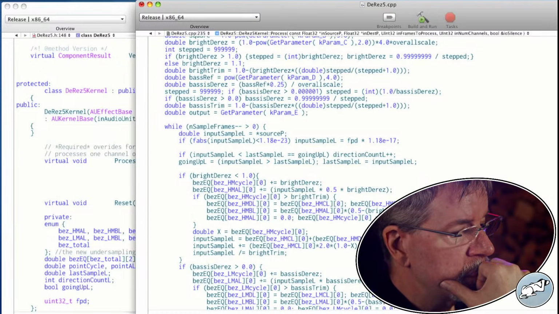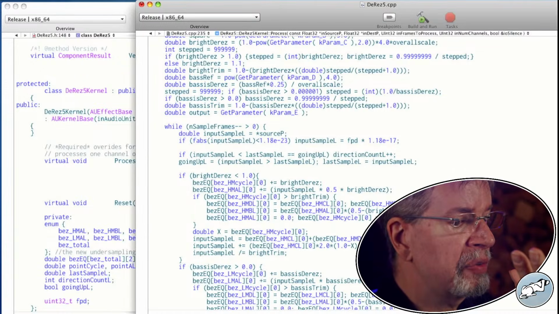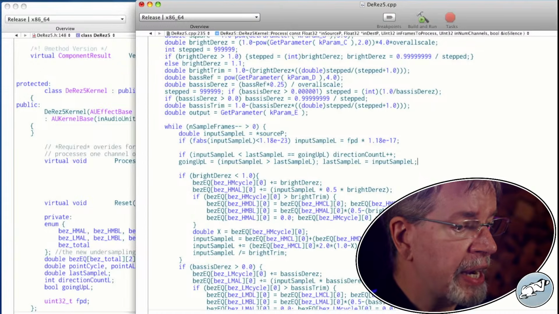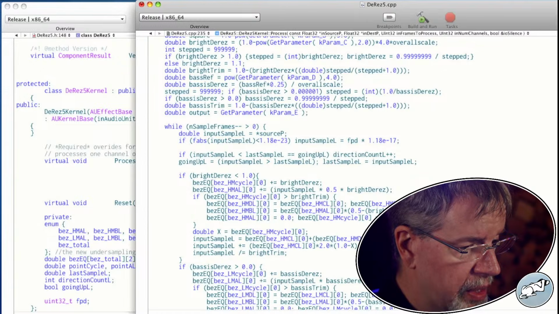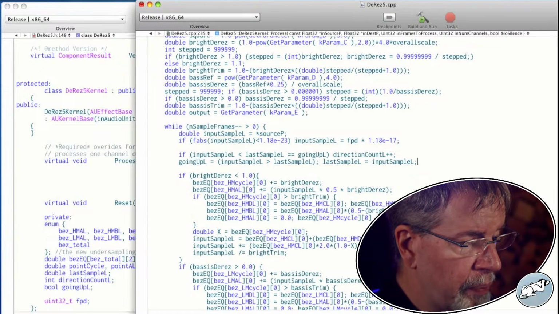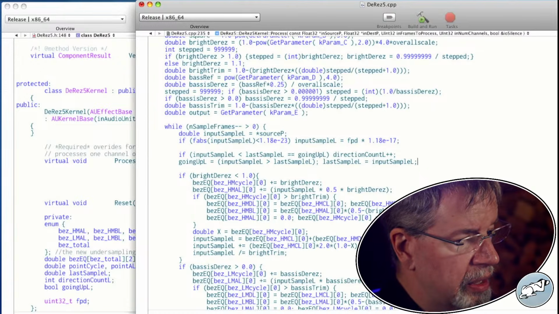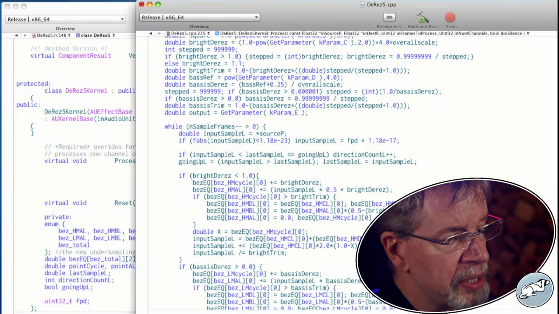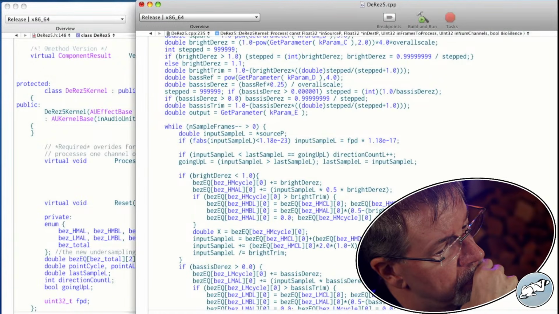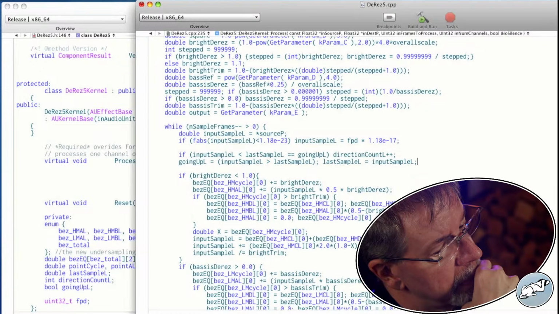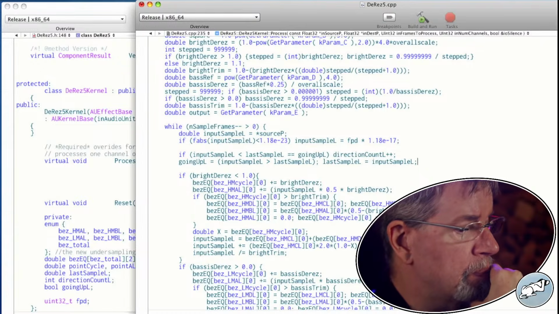Okay. Going up means it's larger. If it suddenly turns around and is going down after having gone up, then direction count plus plus. Then going up L becomes false. If input sample L less than last sample is true, then we're going down.